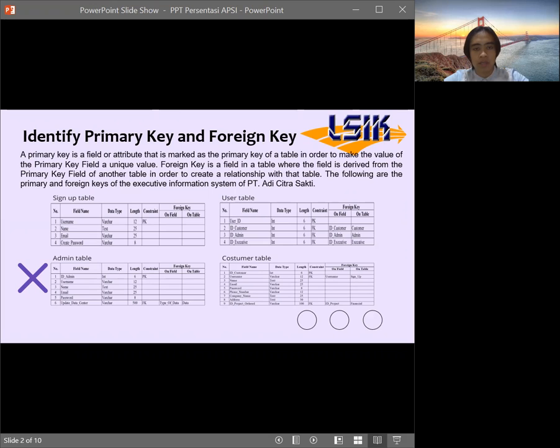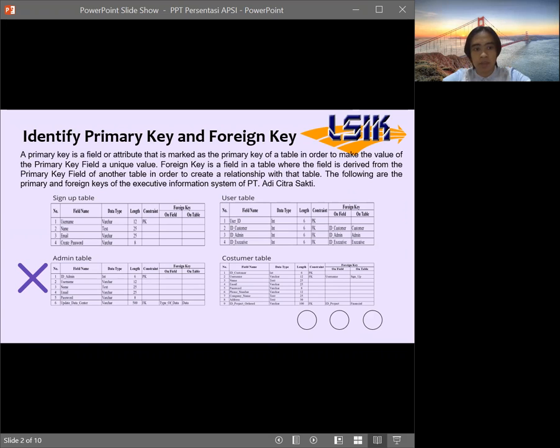Admin table contains an admin ID of 6 characters as the primary key with an integer data type. Next, an admin username of 12 characters with a variable character data type. An admin name of 25 characters with a text data type. Admin email of 25 characters with a variable character data type. The admin password is 8 characters long with the variable character data type, and data center update is 500 characters long as a foreign key with the variable character or varchar data type.